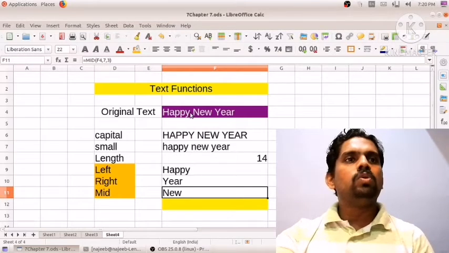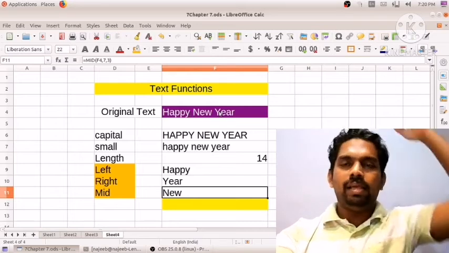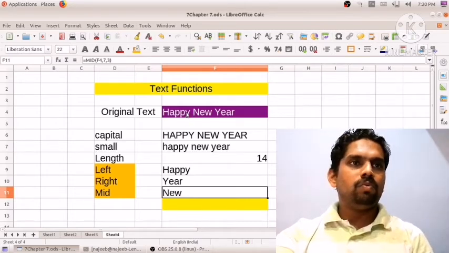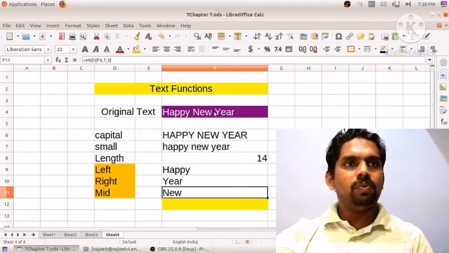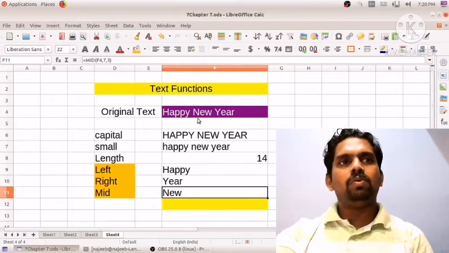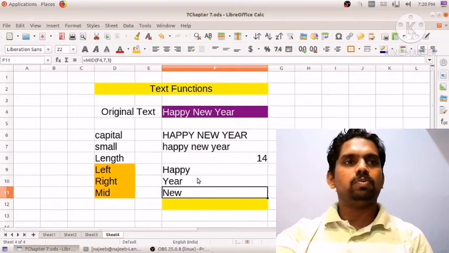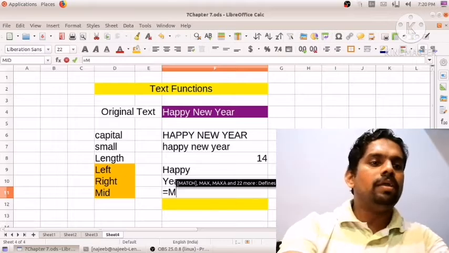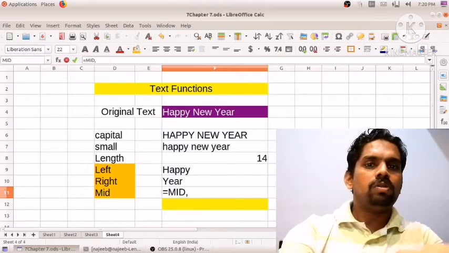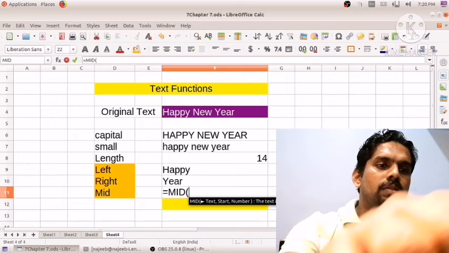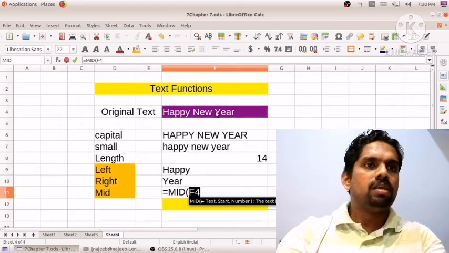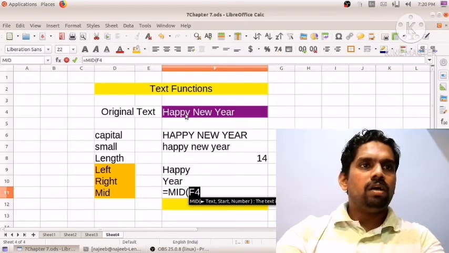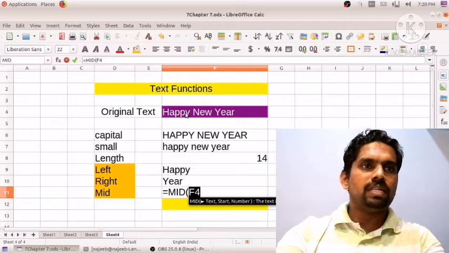Like if you want to display y new Y, like that. That is, Happy where one y is there, then new, then Y is there. You want to display like that. For that purpose, what to do? Equal to MID, within the bracket select the original text, from where we want, the fifth letter onwards, that is y.